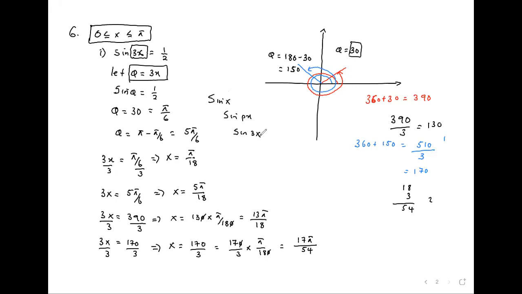Remember, we've called the inside, 3x, theta, meaning it's now a standalone angle. It's possible that theta can be above 360. When divided by 3 to form x, it can reduce to the required interval 0 to pi, meaning 0 to 180. So because we are seeing such a possibility, we have gone beyond 360,